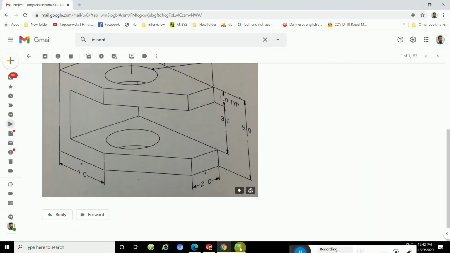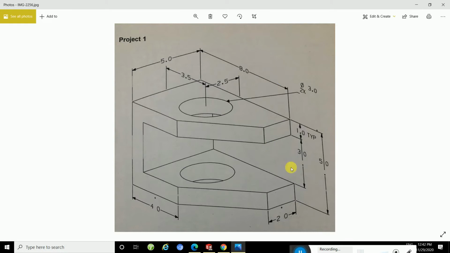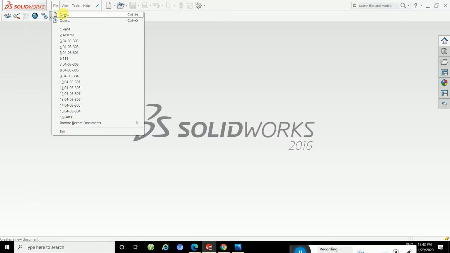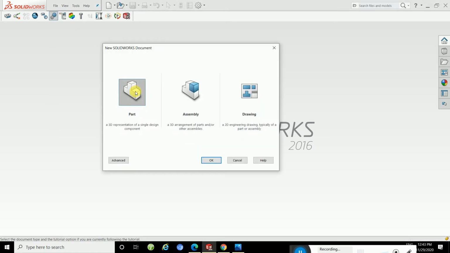First you will take a short screen in this design. Okay, take it, then click here, open SolidWorks, and then you will click on the part, then click on OK.